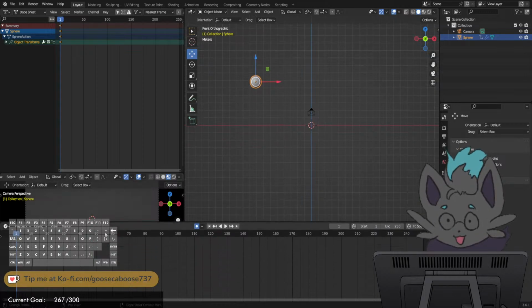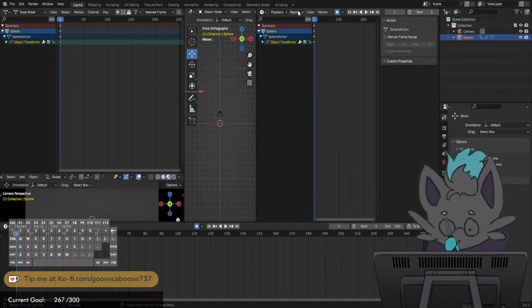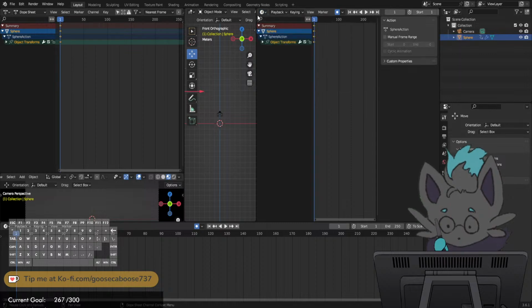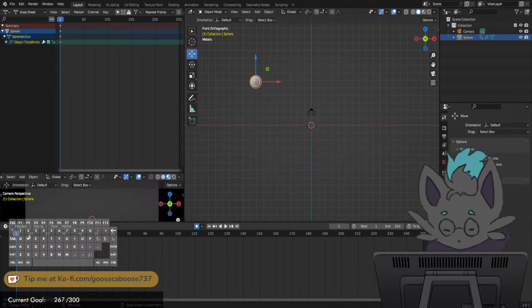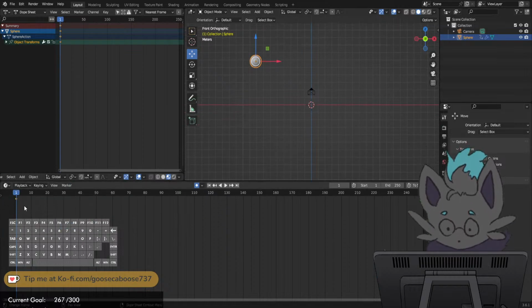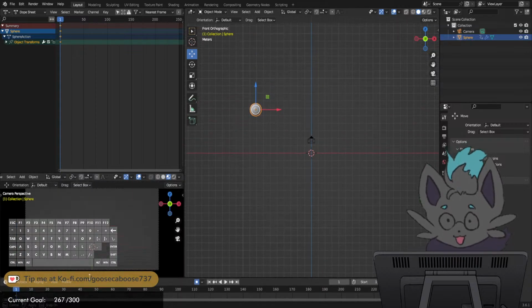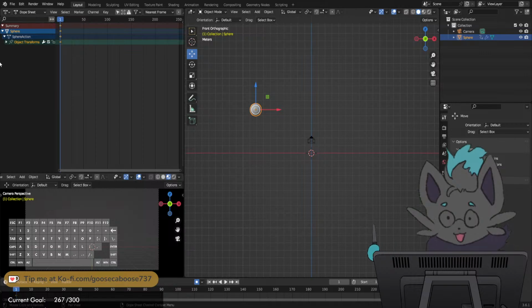Versus if we look at our timeline here, all we have is a singular keyframe. Let me see if we can move this. Timeline. That's not the timeline, that's the dope sheet. But, move it up here. Right here. Oh, that's all the timeline shows us, which is fine. But I would like to see what it is that I'm moving. It doesn't really give us a lot of information about that. So that's why I prefer working with the dope sheet